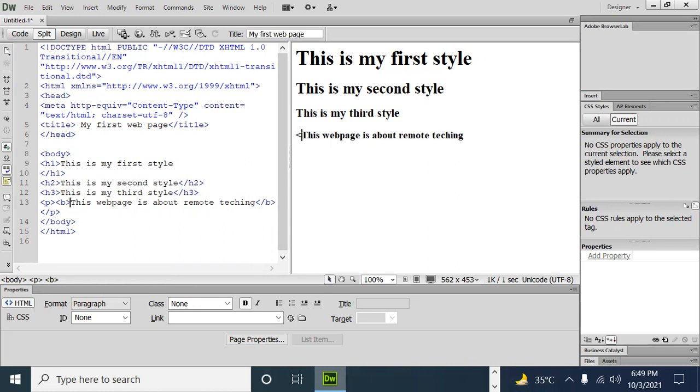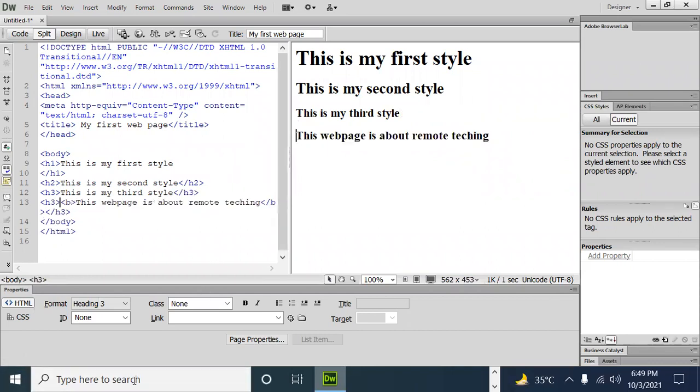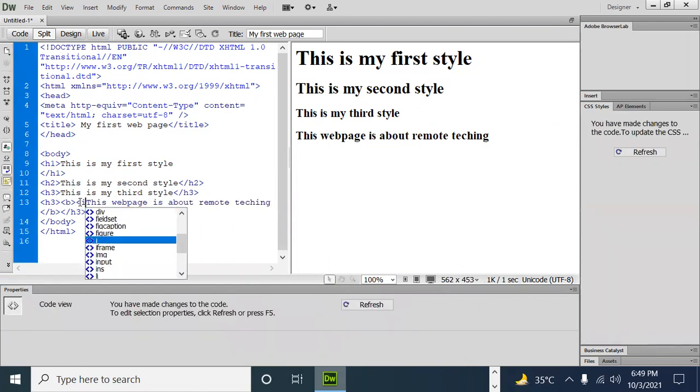So write here the I tag, the second tag, and make it italic. So B, and this type is /B. So just close this tag here.